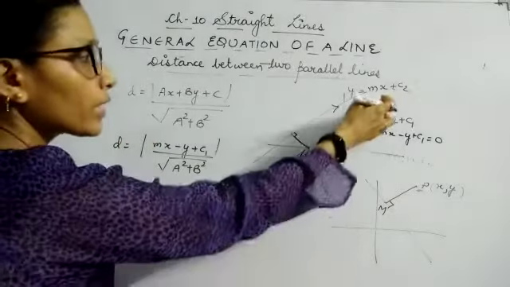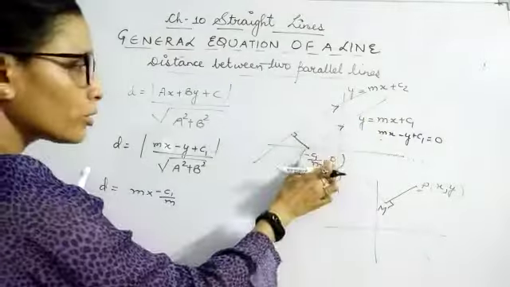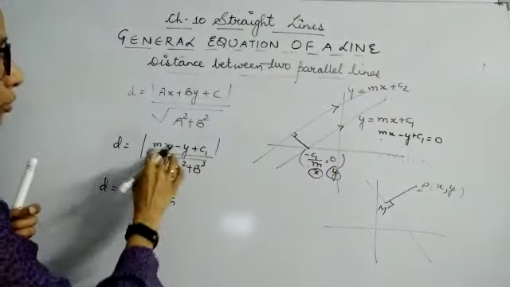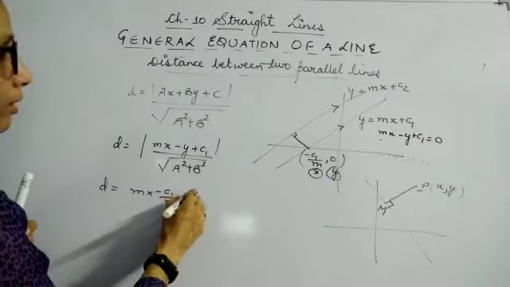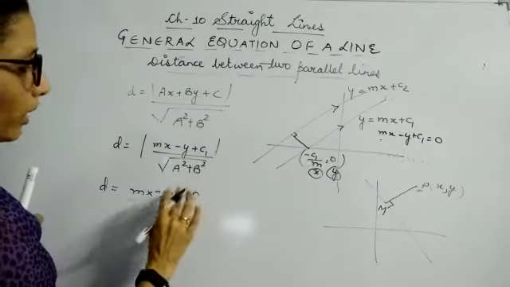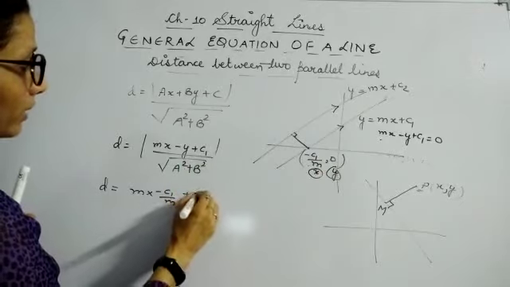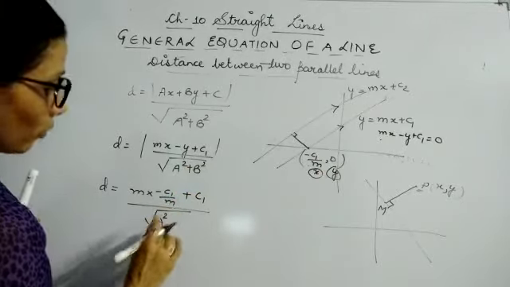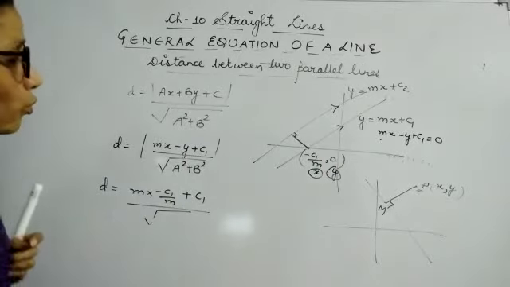Since this point lies on this line, it will satisfy the given equation of the line. That's why I am substituting the values of x and y here. Minus y is 0, so I can remove this and simply I get c1 upon under root a square. What is this a square? A square is your coefficient of